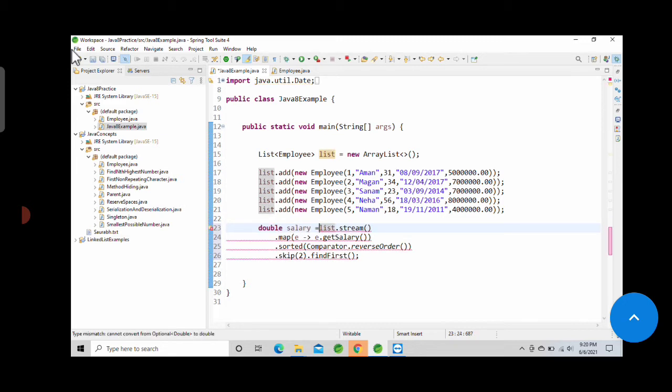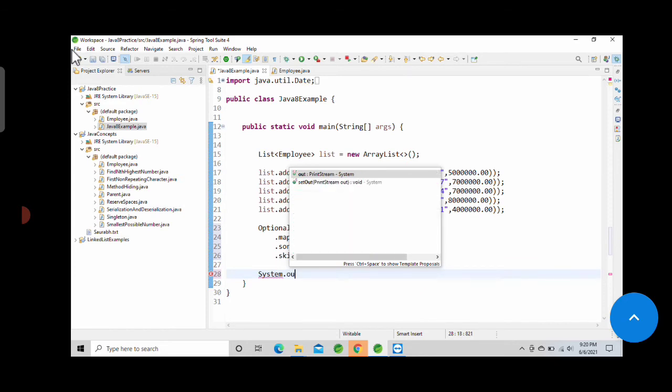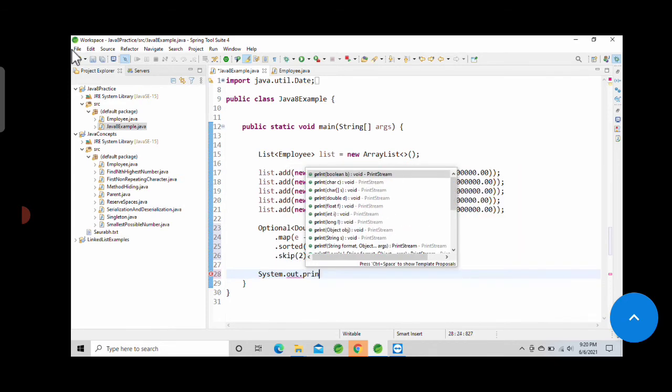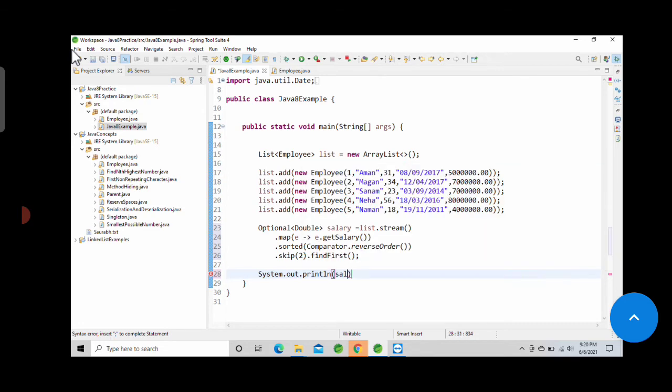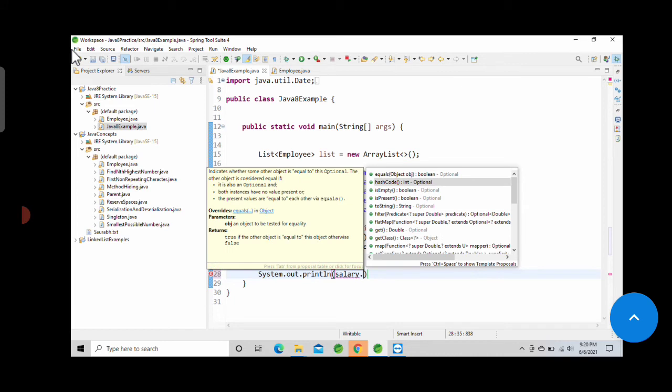If you see, it gives a compile error because it is returning Optional. So just write Optional here, and when you return or print this output, just use the get method, so you will get the actual salary.